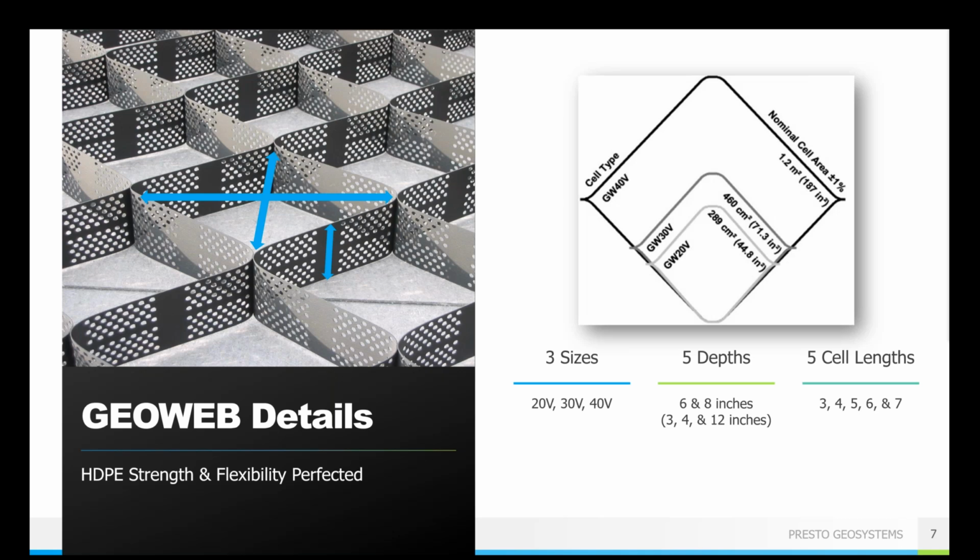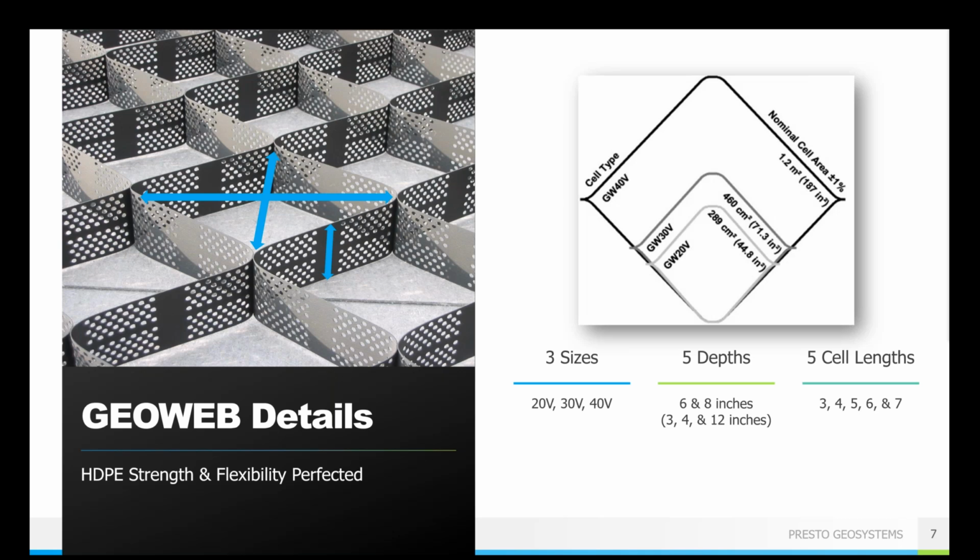That's the medium size opening, but there are other options available. The standard depth for a GeoWeb wall is either 6 or 8 inches. Regular GeoWeb panels intended for other application types come in other depths, 3, 4, and 12 inches.